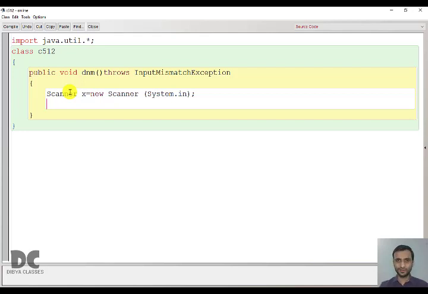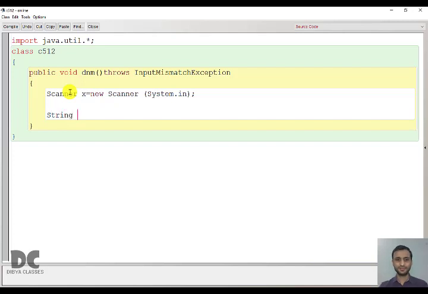So what are the inputs we are going to take? It's already given in the question. You have to take experience and age. But in the last line, it is asking you to print the name. At the starting point, it does not ask you to take name as input, but at the end it is telling you to print it. So obviously, you also have to take name as input, or else how will you print it? Now we have to input three things: name, experience or not, and the age. For name, we need a string variable, String name equal to x.nextLine().